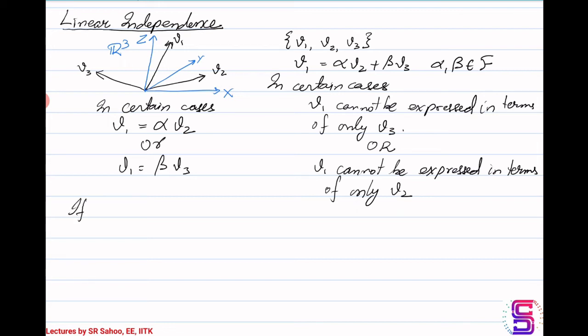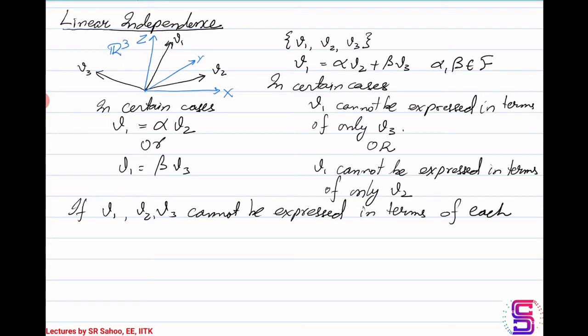Now, if it so turns out that the given set of vectors is such that v1, v2, and v3 cannot be expressed in terms of each other, okay, then these three vectors are linearly